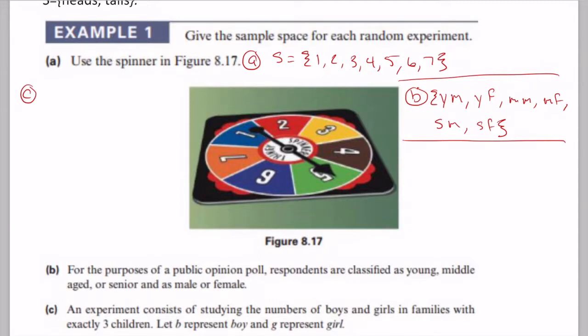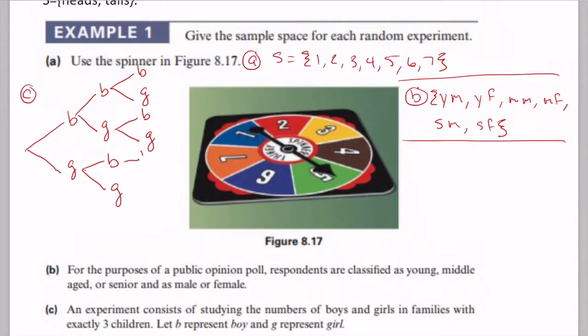For an experiment consisting of studying the number of boys and girls in families with exactly 3 children. So we're going to do this 3 times. So let's represent B for boys and G for girls. So remember the empty space, and then we have boy, girl. Then we have boy, girl. That's 2. Boy, girl. That's 3. And our sample space will be